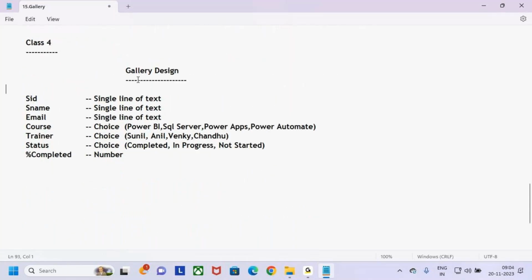In today's session we are going to discuss gallery design, how to design the galleries. Out of the box, by default PowerApps gives one gallery structure. Now I don't want to go with the default gallery design. I want to design the gallery on my own. So we'll discuss in today's session how to design the galleries, and to work with it, I'm creating one list